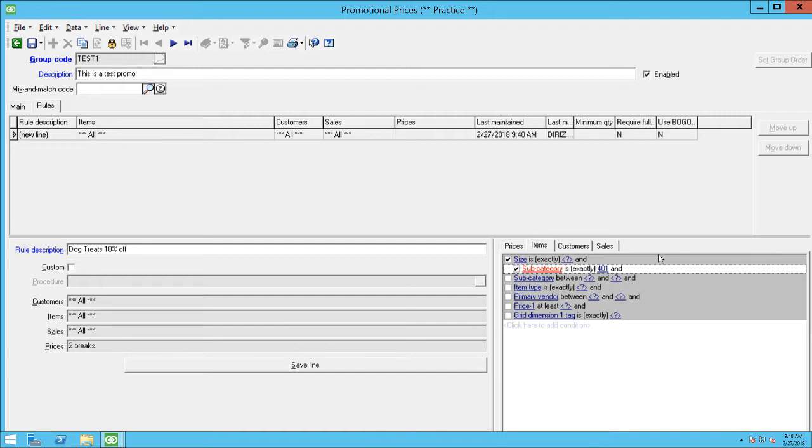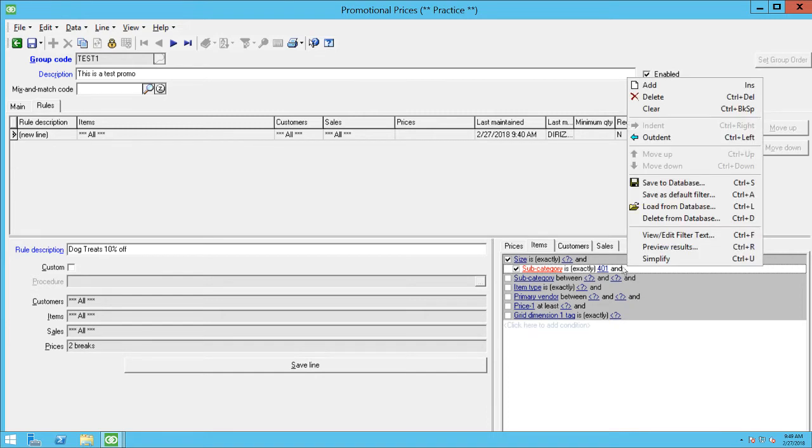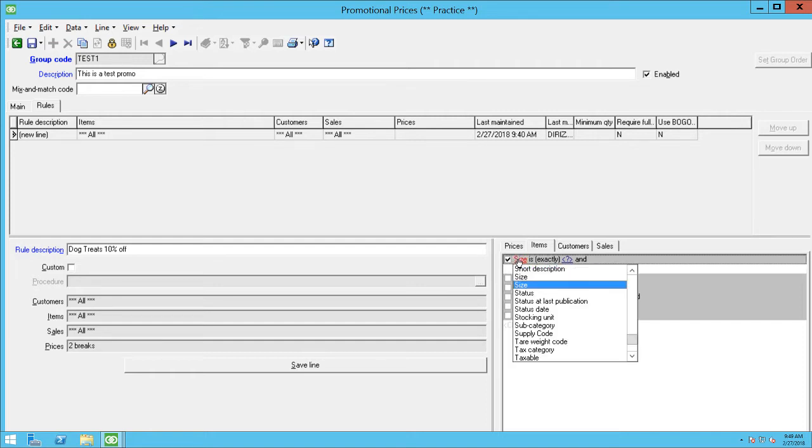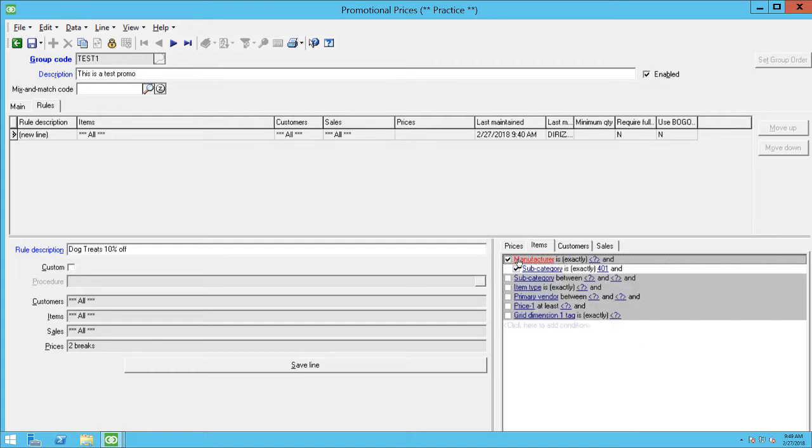You'll notice that the subcategory field moved to the right. What I did was indent it by using Control Right. All of these can also be done through the right click, where you indent or outdent. The importance of this is that it allows us to do sub-filters. So let's say we wanted to look at manufacturer,